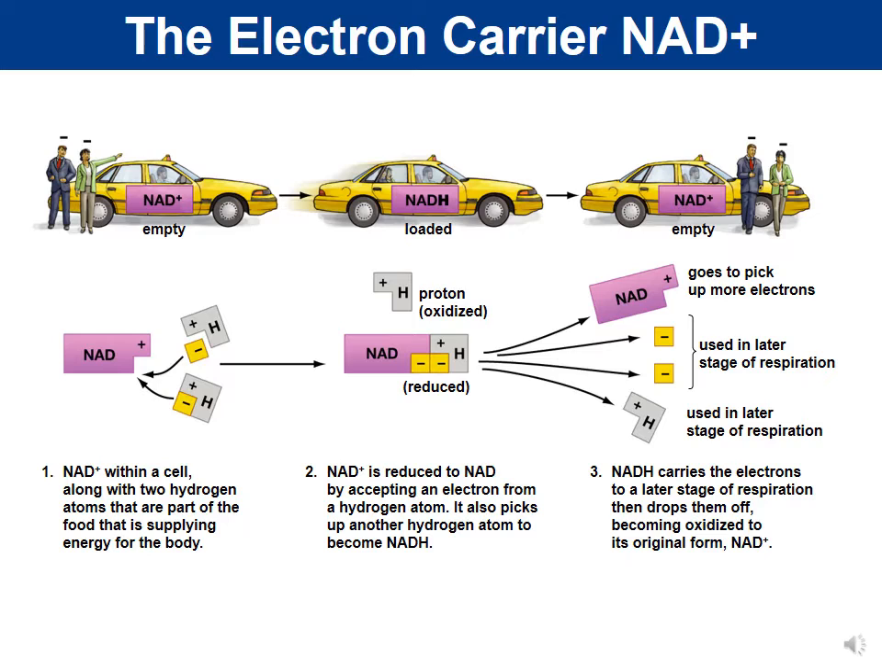So NAD+ is empty, and it needs to pick up its passengers. Its passengers are going to be electrons. Where do those electrons come from? Well, they come from the food that we eat. So when we break down the glucose, remember that glucose becomes oxidized. And so glucose and the intermediates after glucose are going to donate hydrogens and electrons and put them